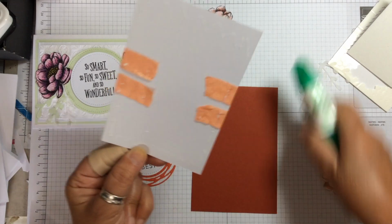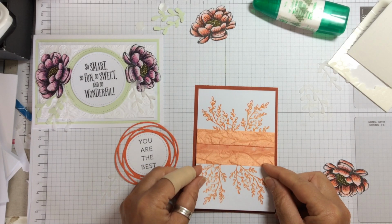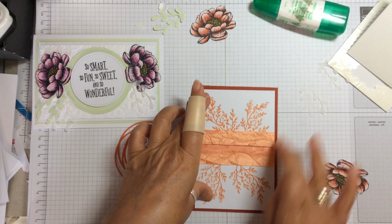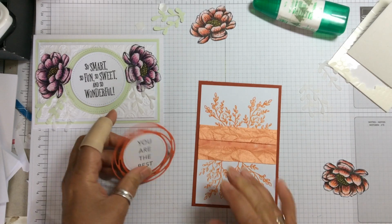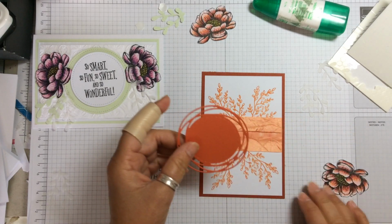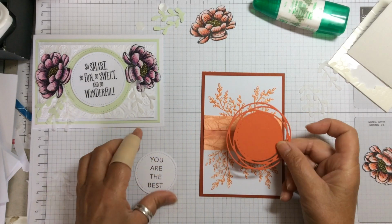So I just wanted again to create some textures and tones. And as I say, the back is Cajun Craze, so you've got these different colour tones coming through because we've coloured the flower round. Then I have taken again from that same Poppies painted labels, I've taken this one